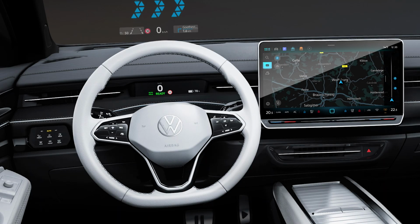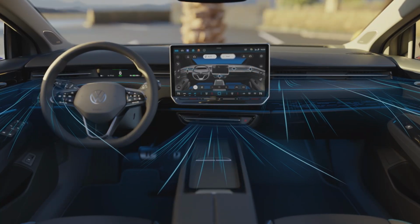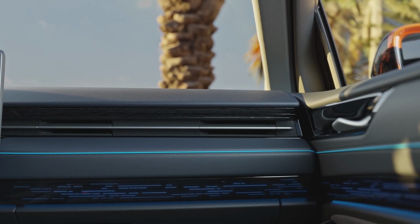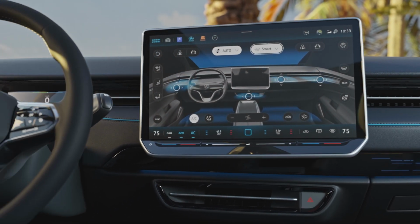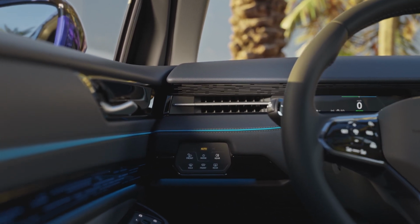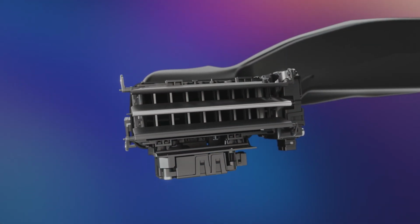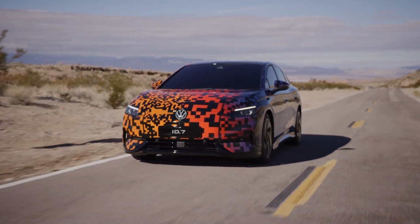It still has hardly any buttons here, though, as you can see, and even the air vents are controlled by the screen. So again, some improvements, but still not the abundance of hard buttons that Volkswagen has promised us for the future that they say they're going to be adding back, and I talked about that in a past weekly update. But anyway, this will be going on sale in the US in 2024, with European models arriving slightly earlier,